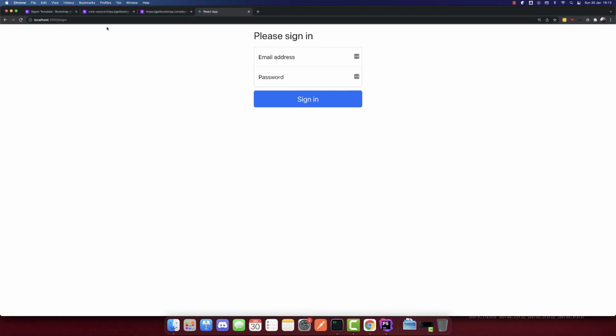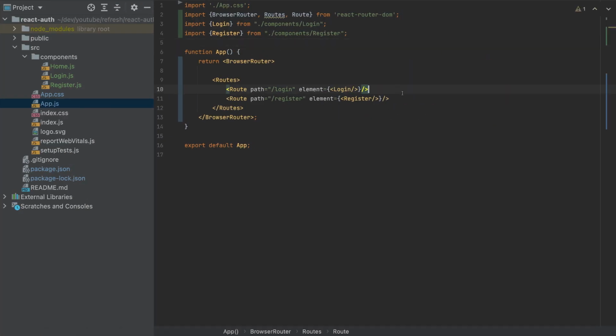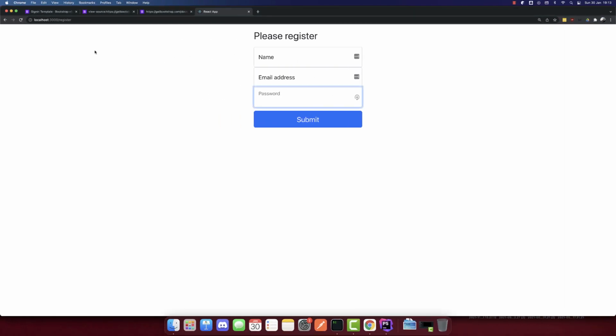And now if I go to /register on the browser, we will see the form, and we added another input, the name. So that's it. We added these two routes, but we also need to navigate between two routes instead of just typing the URL. So for that, go back to